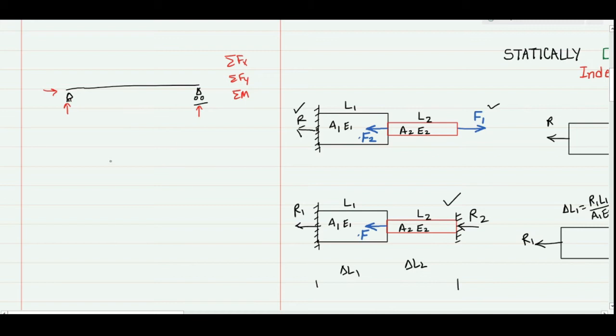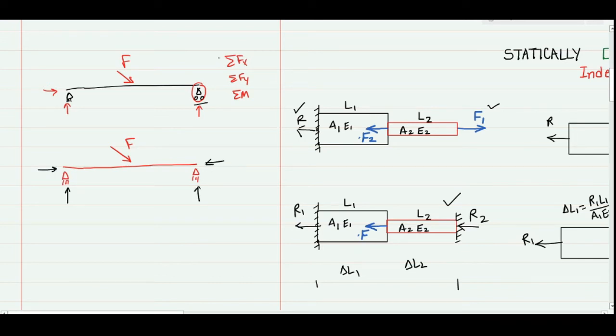If I replace this roller joint with a pin joint, that means the new bar will have, let's say this is the force acting here, F, the same force is acting here, but now this is a pin joint, and this is also a pin joint. So when I make the free body diagram of this bar, there will be four unknowns, two at this end and two at this end.